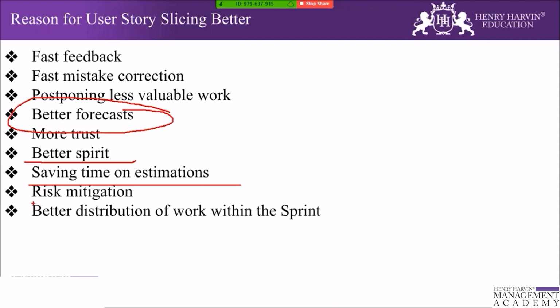So the next is risk mitigation, because better slicing means a more detailed analysis of the item. Thus, there is a big chance that the development team identifies and mitigates risk that otherwise would have surfaced in the upcoming sprint. So, as they say, being forewarned is being forearmed. So it is helping you in mitigation of the risk, because if the user story size is small, there is a much better possibility,